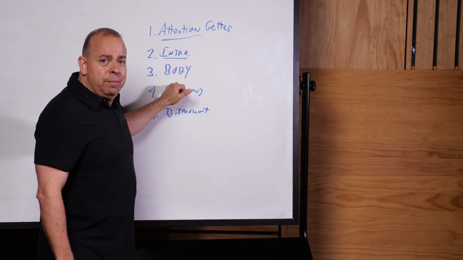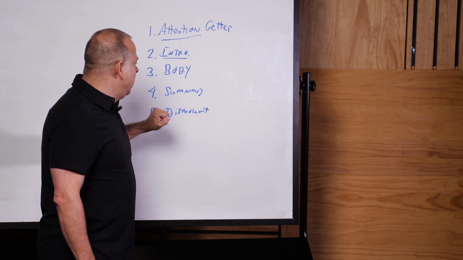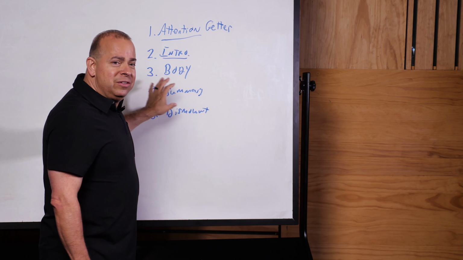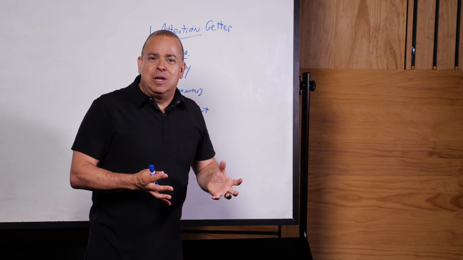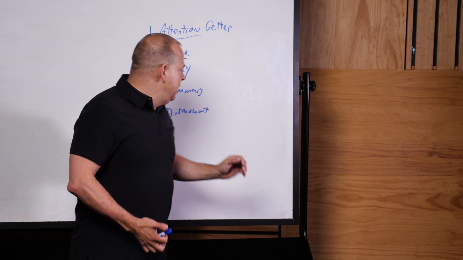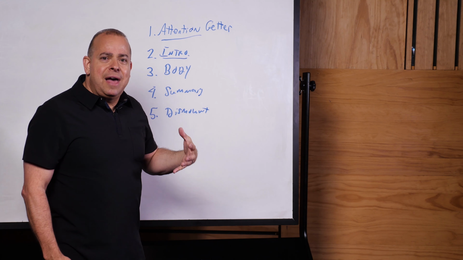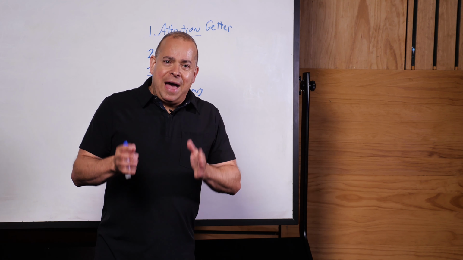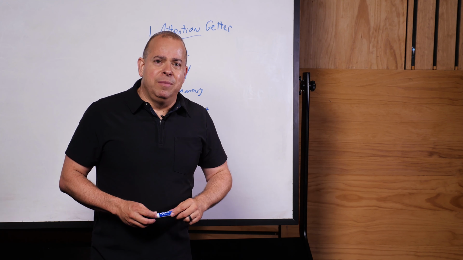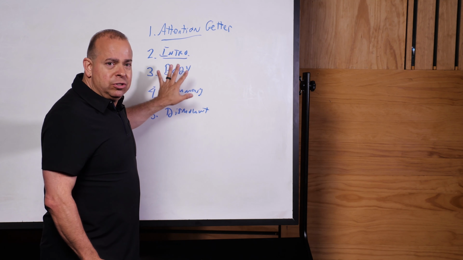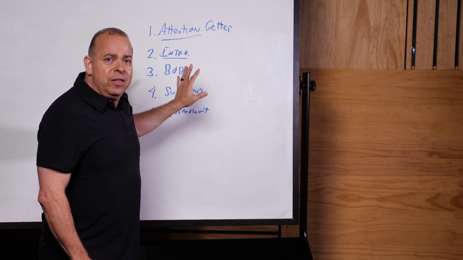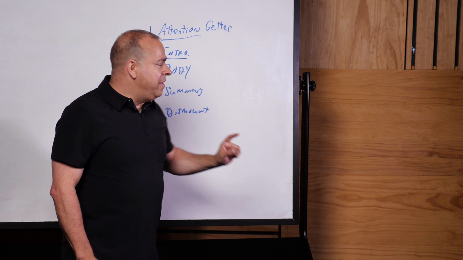And then we talk about the body of it, and that's really where your content is, we'll unpack that in a moment. The summary is, again, just kind of reminding them what your key points in your idea were, and then the dismount, how they can take that, apply it, and then that talk becomes memorable for them. So this is the 5-part structure that I use to develop talks when I go communicate, and then we're going to start